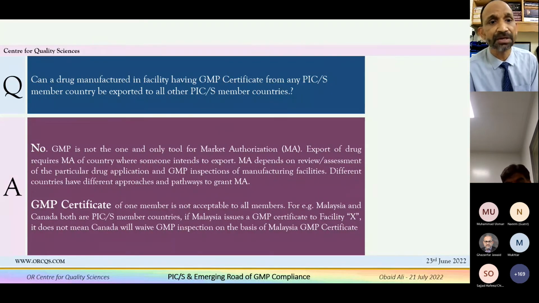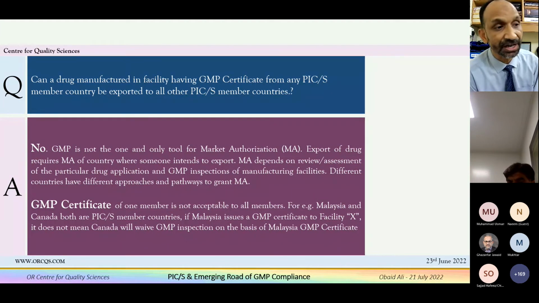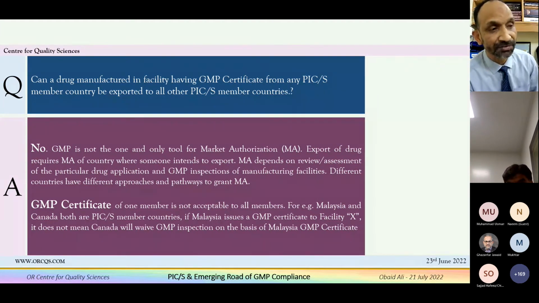Can a drug manufacturing facility having GMP certificate from any PICS member country be exported? All other is very simple. No. जहाँ पे MRA है, सिर्फ GMP is one thing. Other thing is the approval of your dossier. डोजियर को भी अप्रूव करना पड़ेगा।